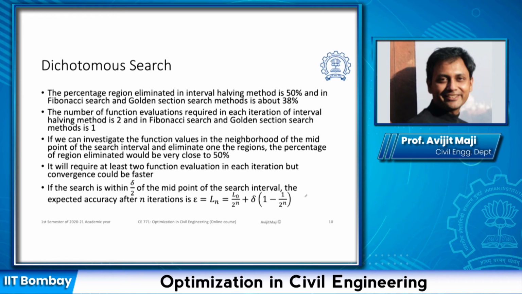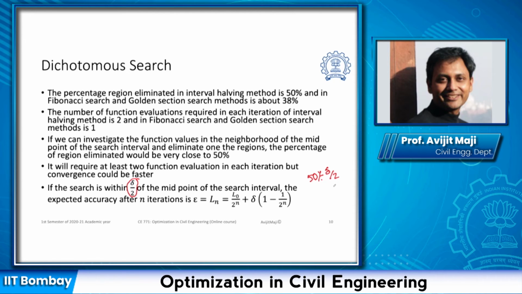That way we can eliminate very close to 50%, and if these 2 points are very close to the midpoint, it is going to be even closer to 50%. So if these 2 points are delta distance apart, which means they are delta by 2 distance from the midpoint, then we can eliminate about 50% minus delta by 2